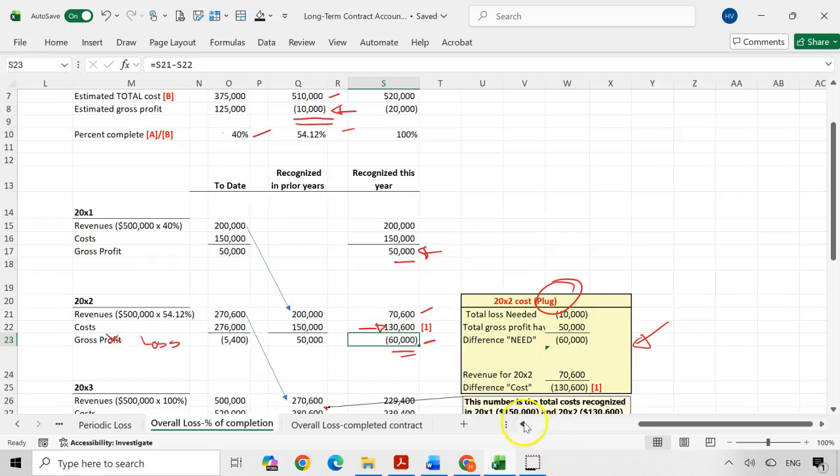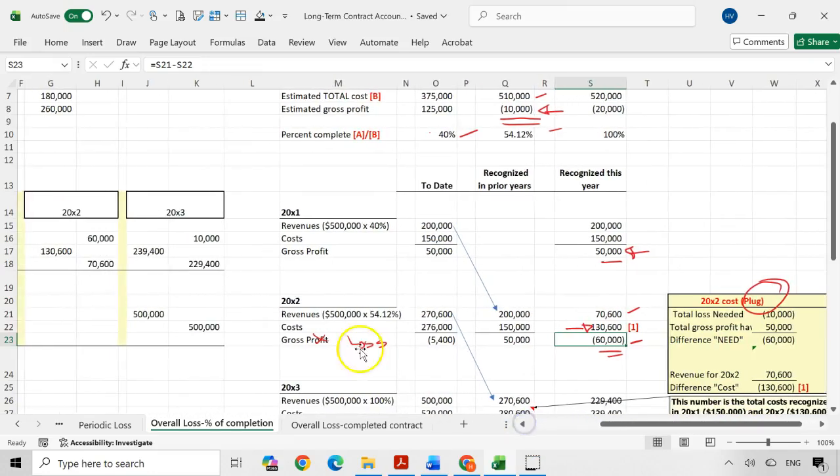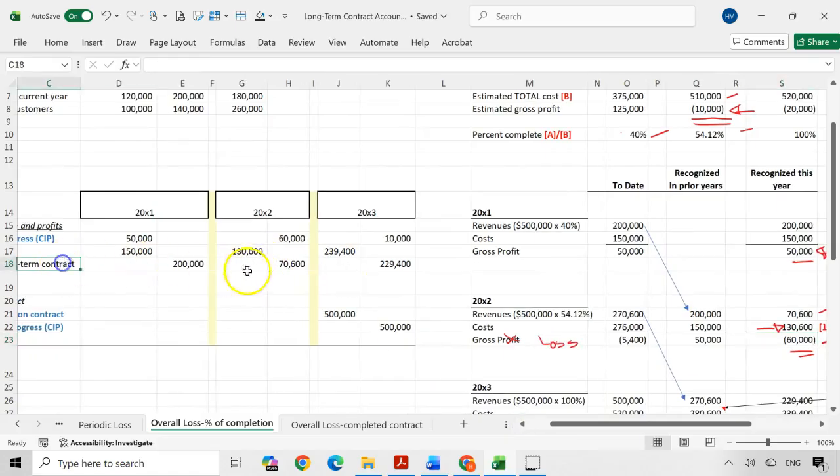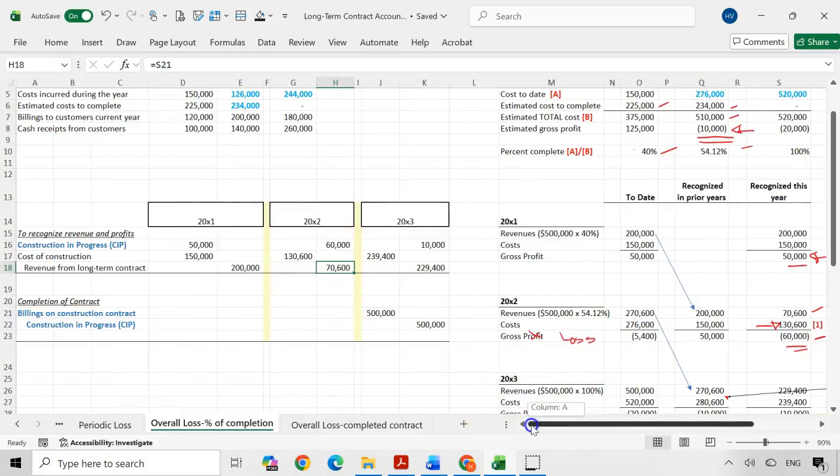I'm going to record, in year two, right here, revenue for 70. Let's just make this a little bit smaller so we all fit into the screen. In year two, I'm going to record a credit to revenue from long-term contract for $70,600, which comes from right here. And I'm going to debit cost of construction for $130,600, which is my plug. And then the difference is going to be the gross loss that I'm going to record in the current period